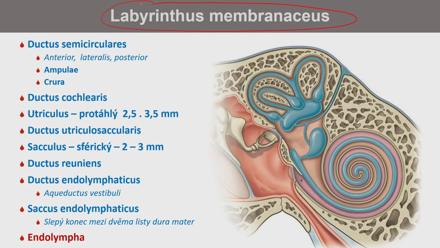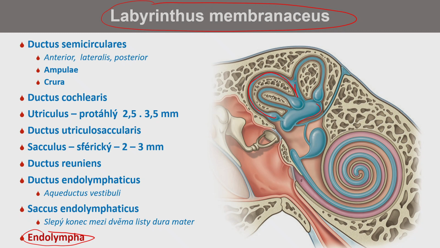Membranous labyrinth is the inner environment, and in this inner environment we change the mechanical stimuli to electric stimuli by chemical reactions in the sensitive cells. The inner environment is filled by endolymph, and for us it's important for the auditory and